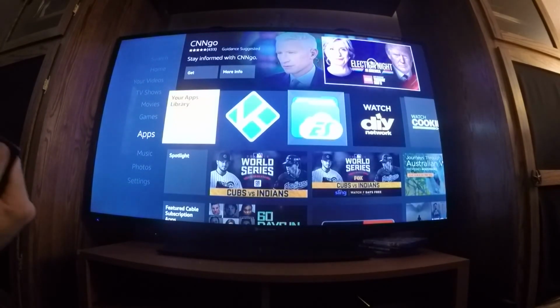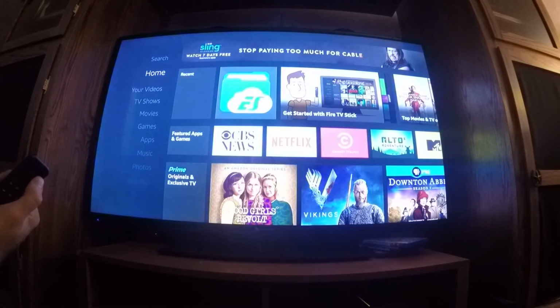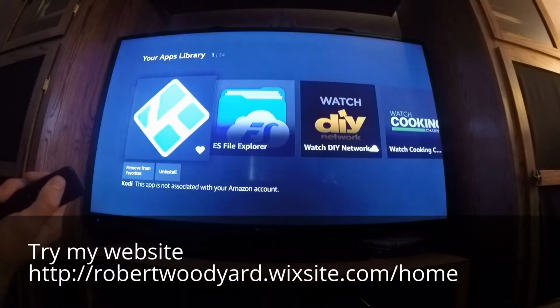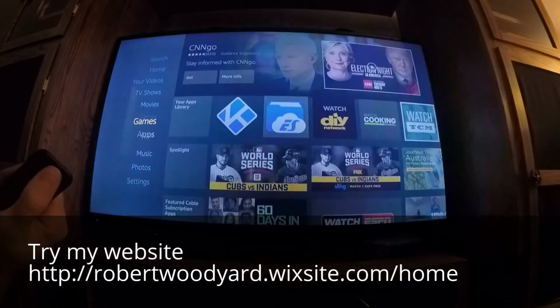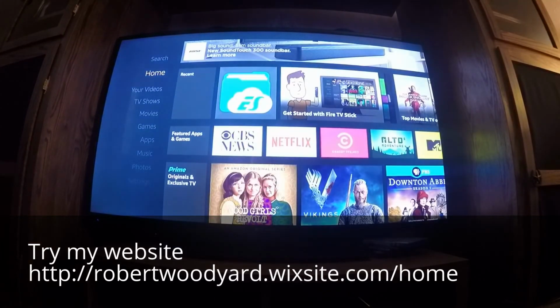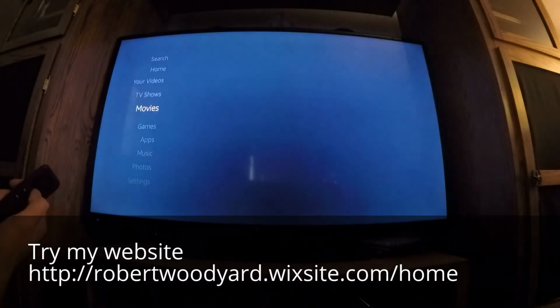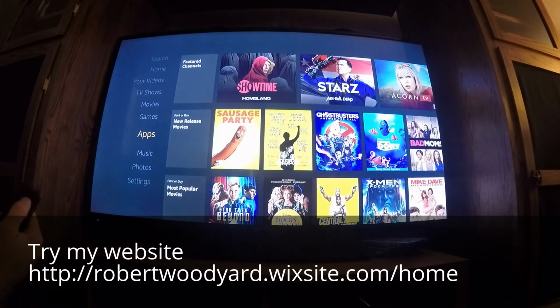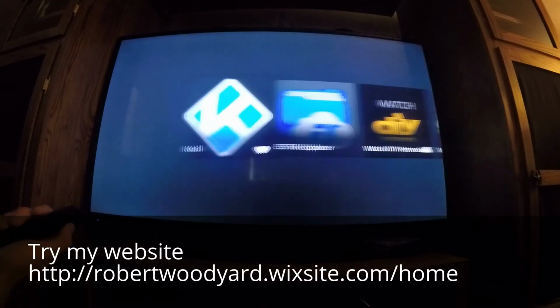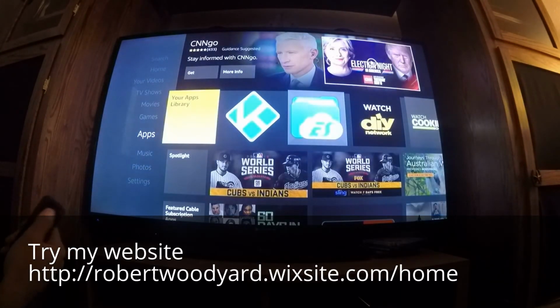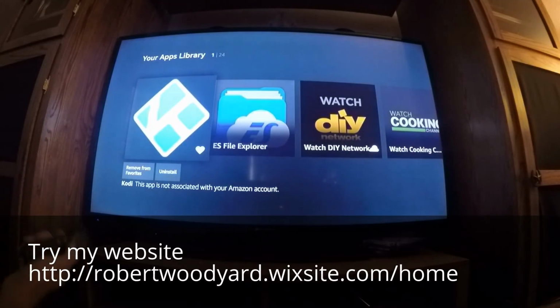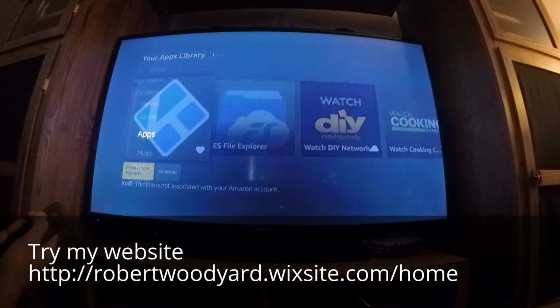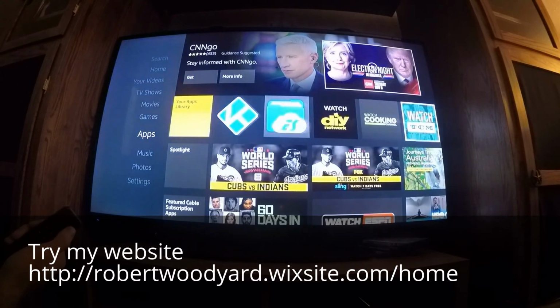Alright, and now what that did is when it's on your home, so when you come out here to the home, you scroll down to apps, click it, it's right there. Alright, you can actually add it. You can add it to your favorites, which I do. And after you go to it out here,